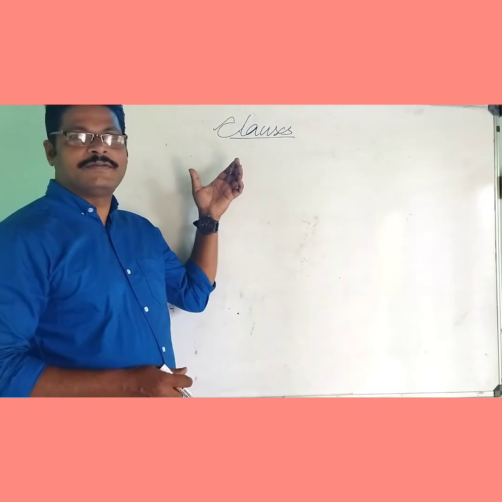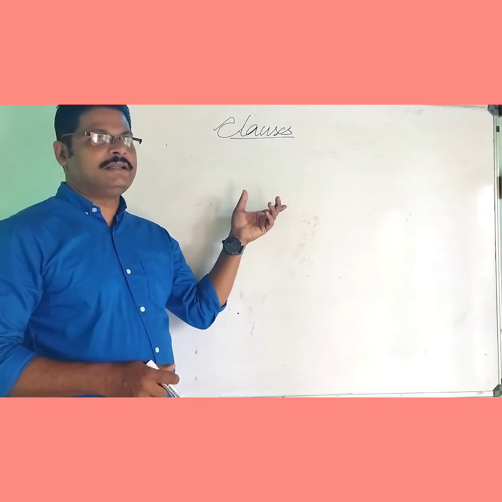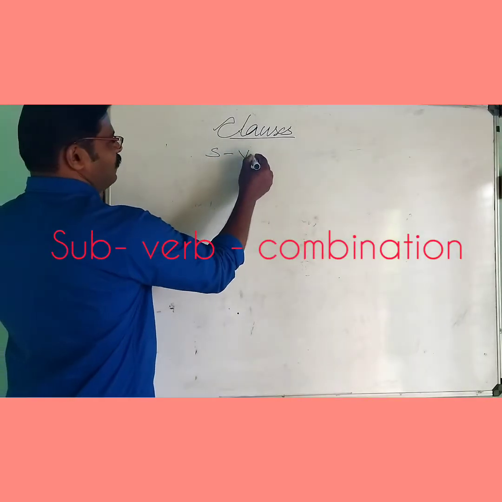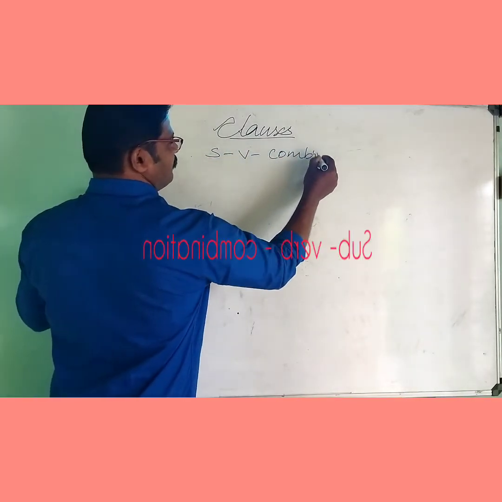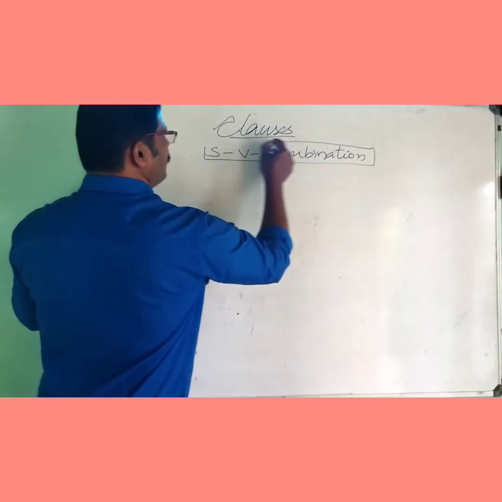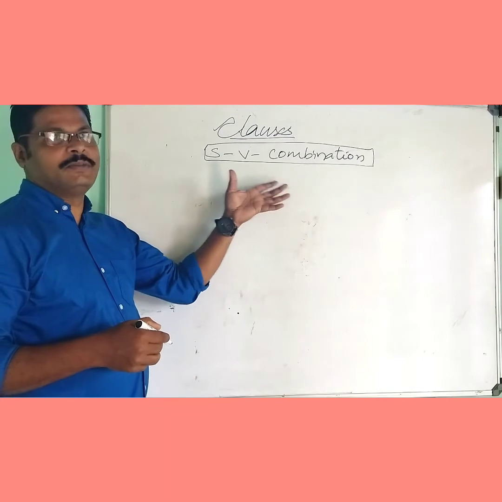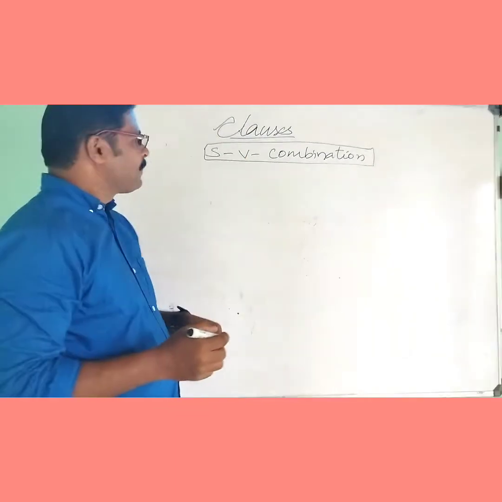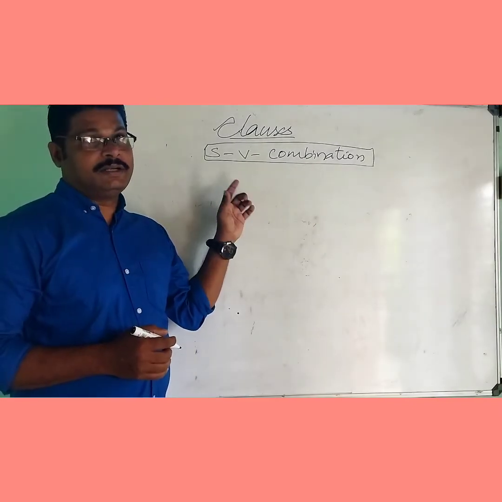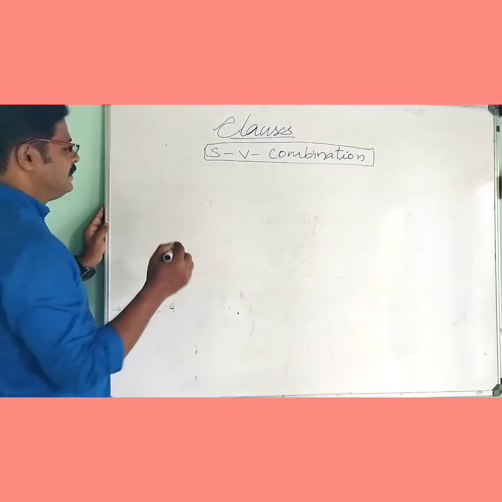Just now we completed phrases. Phrases and clauses are both groups of words which have some meaning in them. So remember, a clause has a subject-verb combination. We saw while we discussed the phrase that there is no subject-verb combination, only a group of words. Now remember that every sentence is a clause, but every clause is not a sentence. So let us discuss clause in detail.